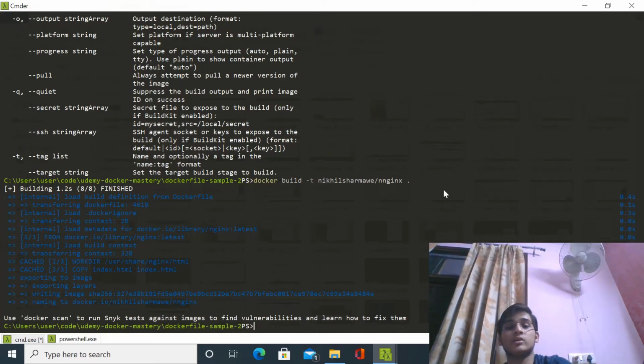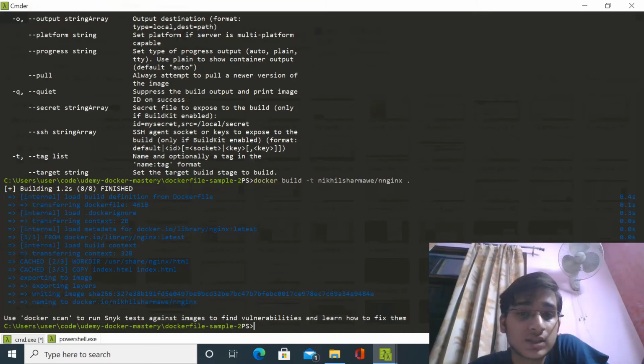Now I will push this image to my Docker Hub. For that, I need to tag it like this. I have dash t nikhilsharmav/nginx. Nikhil Sharma V is my username on my Docker Hub account, and nginx will be the name of that image.